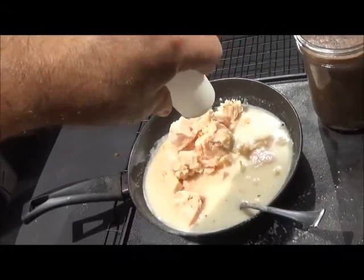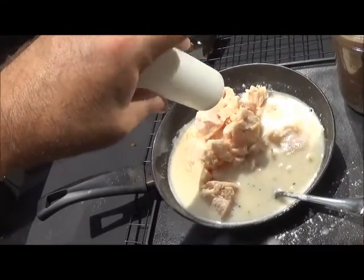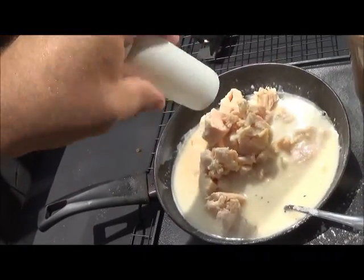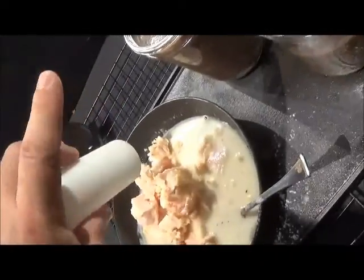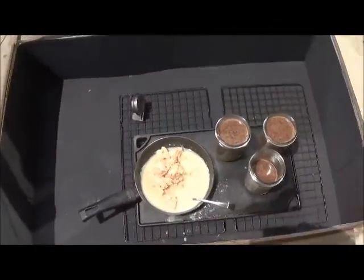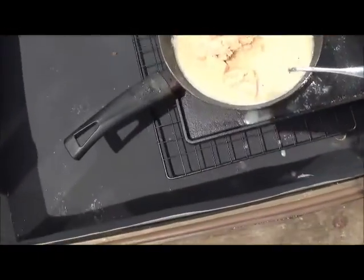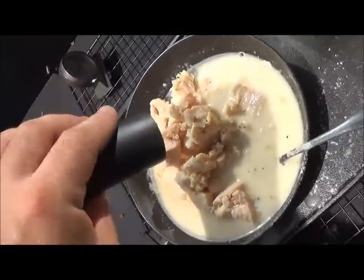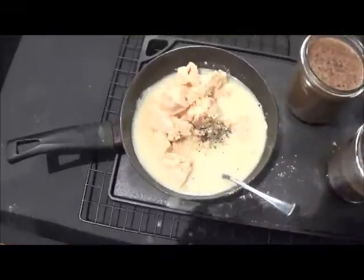So this is an ingredient in a pita. This is going to be a sweet, sour, salty, sweet and sour pita. This is the salt contingent of that. Give it just a tiny bit of pepper. I would have liked more salt. That was maybe about a